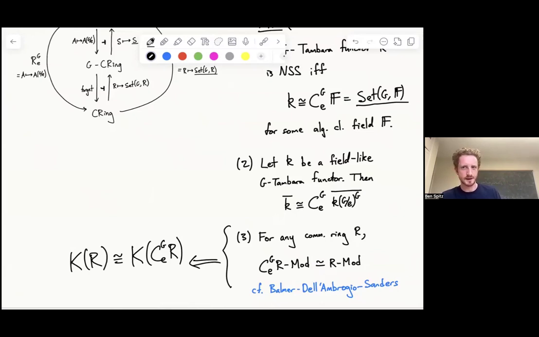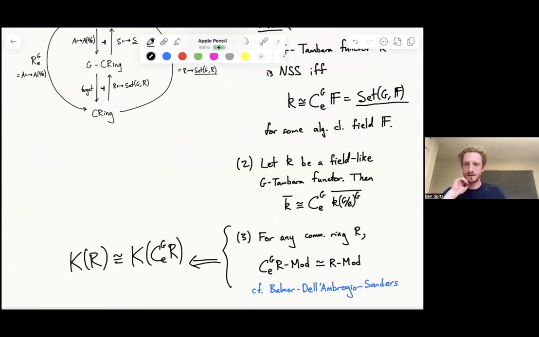And to my knowledge, this is the only example known of a computation of the K-theory spectrum of a Tambara functor. So we get this for any commutative ring R, but in particular for algebraically closed fields, we see that the K-theory spectrum of a Nullstellensatzian Tambara functor is the same as the K-theory spectrum of some ordinary algebraically closed field, which is pretty nice. And there's work due to Balmer, D'Ambrosio, and Sanders, which proves a similar result, but not for discrete algebraic objects, but in the category of G spectra.